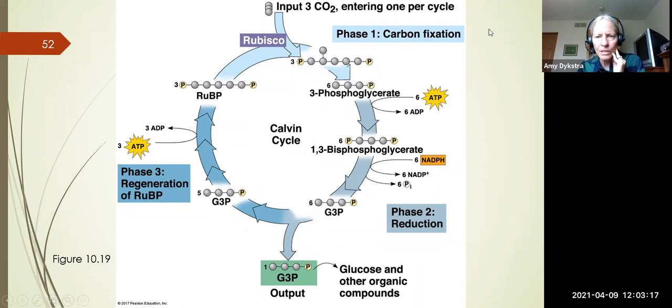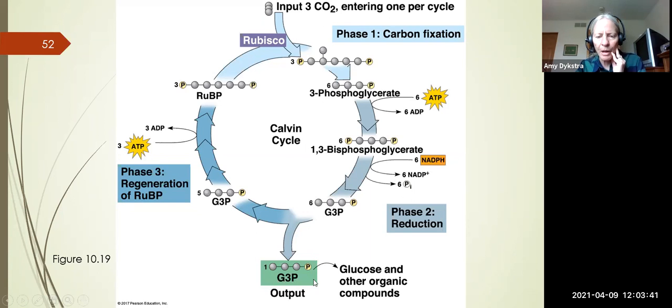So this makes sense. You put in 3 carbon dioxides and you get 1 3-carbon molecule as an output. So with 3 cycles of the Calvin cycle, or 3 times we've combined RuBP with a carbon dioxide, that has made